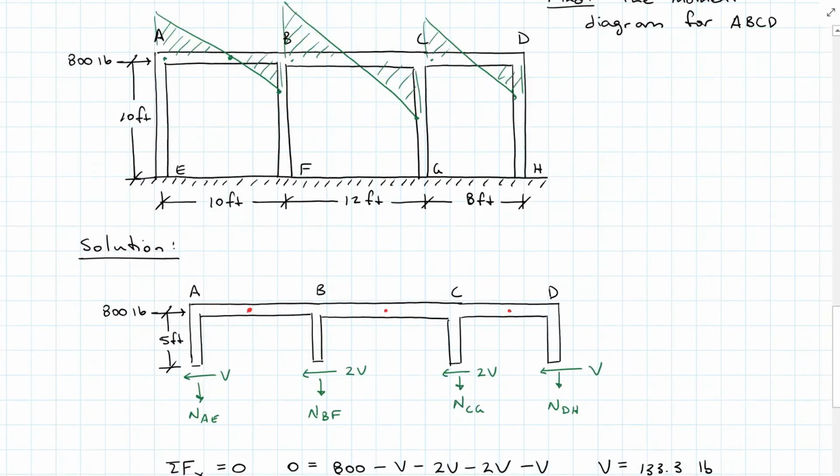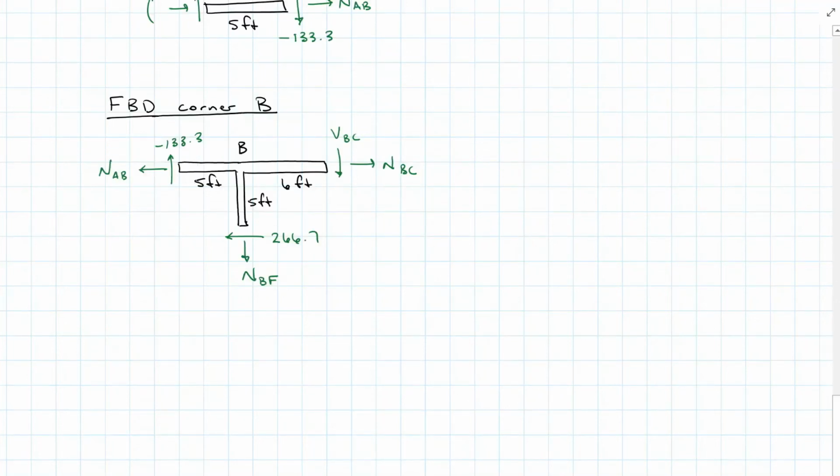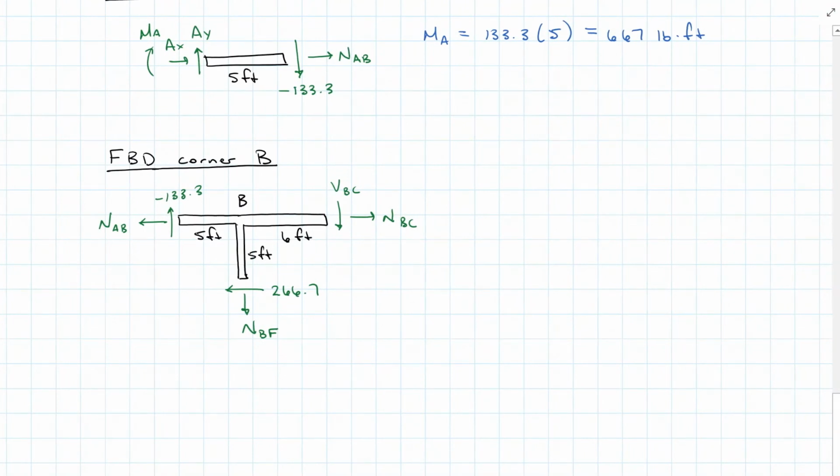Coming back to our moment diagram that I've got sketched up here, that means that this is 667. And then down here, just to the left of B, we are also at 667 due to symmetry. Now I need to solve for the moment just to the right of B. Looking at corner B, I've put in my shear at A that we already solved for, negative 133.3. I still have the normal force that I haven't solved for. I have the 266.7, that's the 2V from that first free body diagram. I have the shear BC, which is the only thing that I want